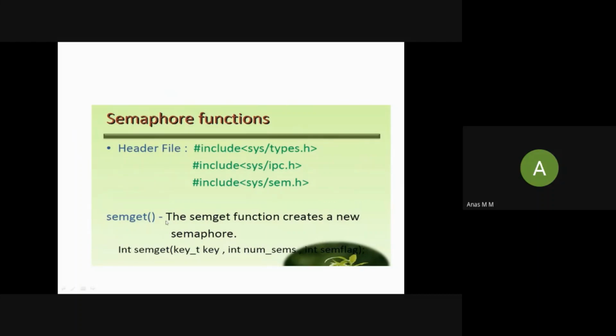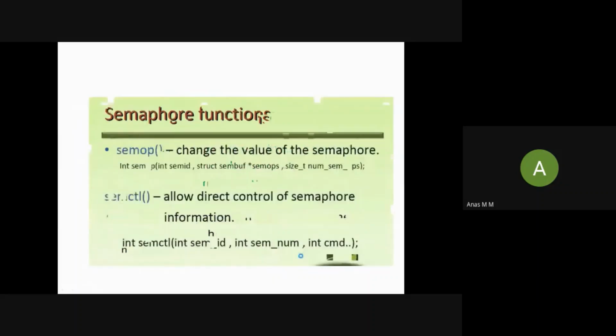This is to create the semaphore. After including this header file, if we use this function, we can create a new semaphore with variables and keys. To change the operating values of the semaphore, we can use this function. And to control the operations, we can use this function.